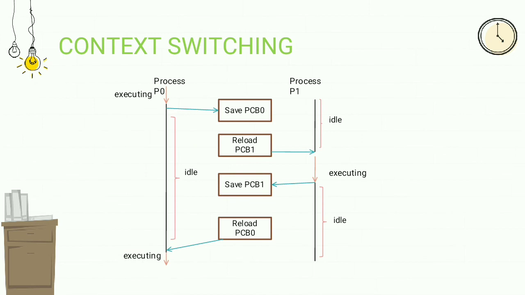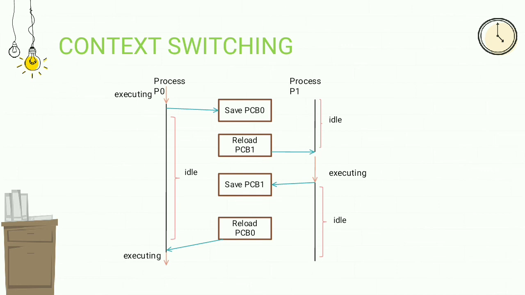So next one is context switching. A context switch is also referred to as a process switch or a task switch. A context switch is a switching of the CPU from one process to another. A context is the contents of a CPU's registers and program counter at any point in time. A context switch is sometimes described as the kernel suspending execution of one process on the CPU and resuming execution of some other process that had previously been suspended.